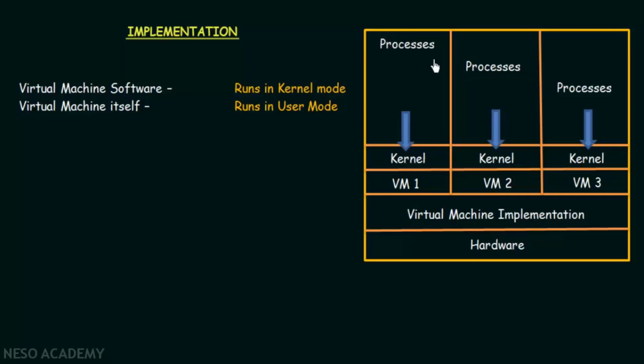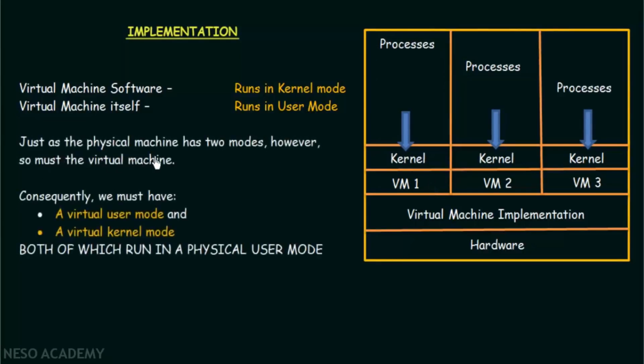Now the question is that here we have this virtual machine with its own kernel and processes, and we have already said that the virtual machine runs in such a way that the execution environment is operating its own private computer. So if it has the illusion that it is operating its own private computer, it also needs to have a user mode and kernel mode for its operation. Now how does that work? I already said that the virtual machine itself runs in the physical user mode of the main system. But if this is one complete system that we are talking about, it also needs to have its own user mode and kernel mode. Now how does that work?